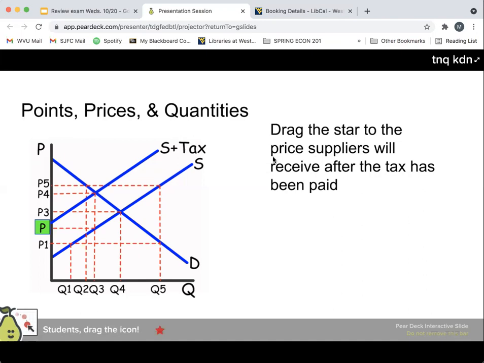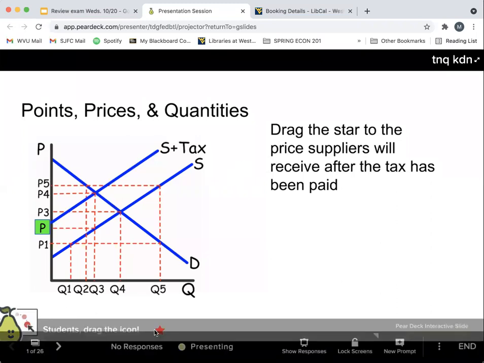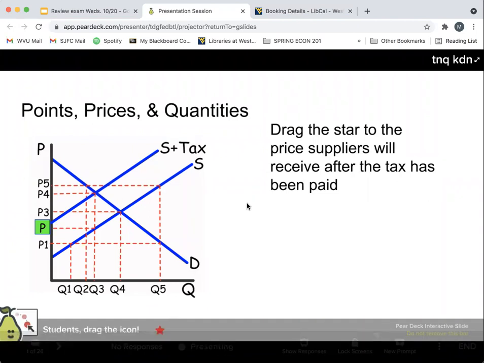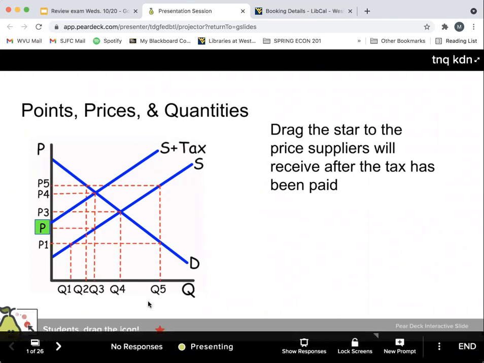So what this was during the exam review is, it's an interactive PowerPoint. So what you all would have been doing is dragging a little icon over to the points where we're talking about here. So first off, let's answer this question. Drag the star to the price suppliers will receive after the tax has been paid. So in this case,